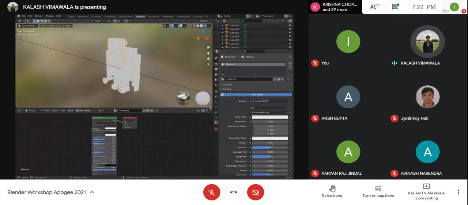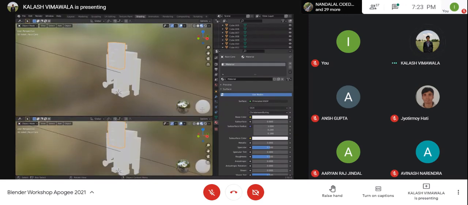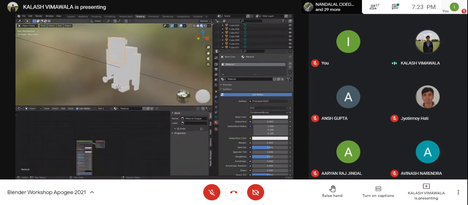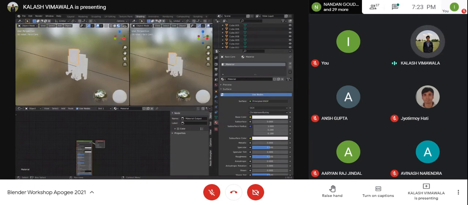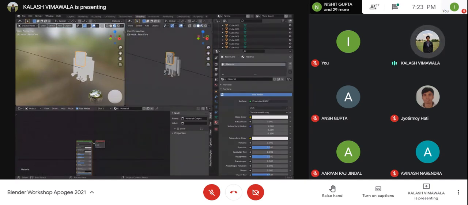Now I have a complete view of the 3D viewport. And I believe that it's better if I open up the shader editor again. I think it's better if we have one of the views which is not in look dev mode. So I'll just go ahead, scroll over here and get this in solid viewport.